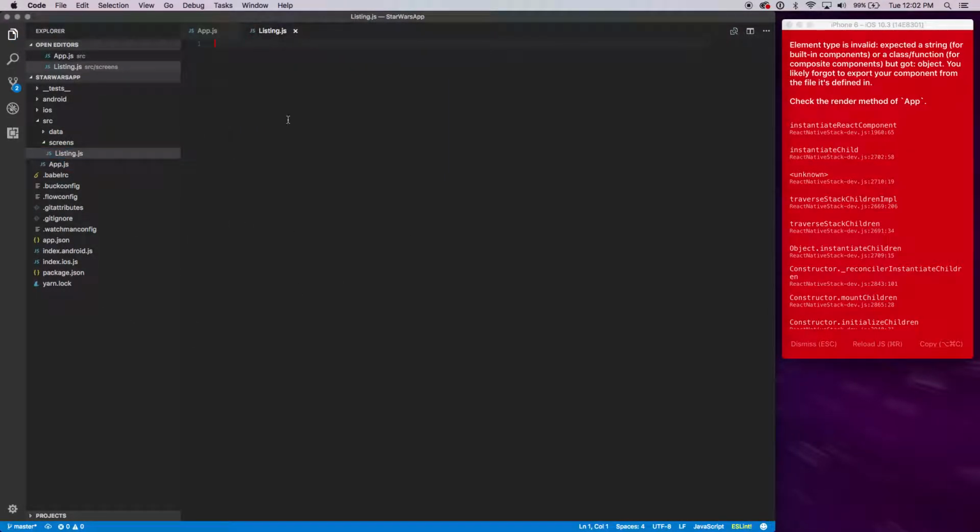And we actually need to make a component here. So we're going to import React from React. And we're going to import the view, the text component, and StyleSheet, yeah, that'd be a good start, from React Native. So now we're going to make our actual component. So we're going to make a function called listing, and listing is going to wrap a view,